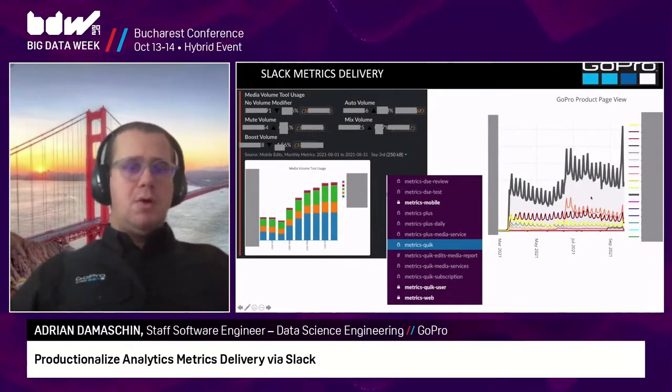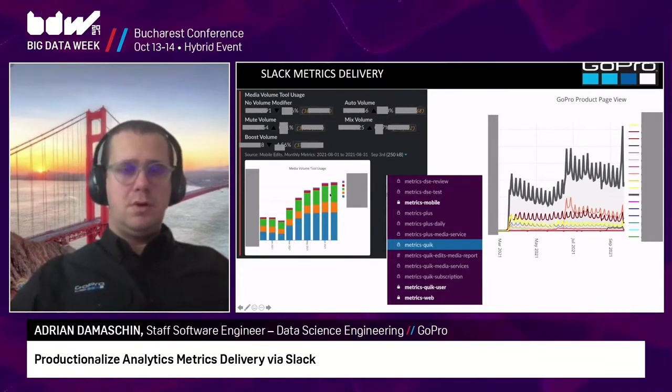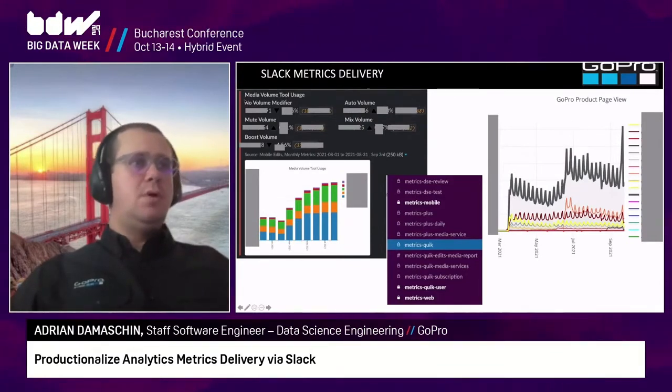Here's how a Slack delivery could look like. We generate, of course, some simple graphs with Plotly. They can be any kinds of graphs, like bar graphs or line graphs, or even area or pie charts. And we're sending different kinds of information. So for example, media volume to usage. We're checking how one of our tools is used. And sorry for hiding the numbers, but that's the policy.